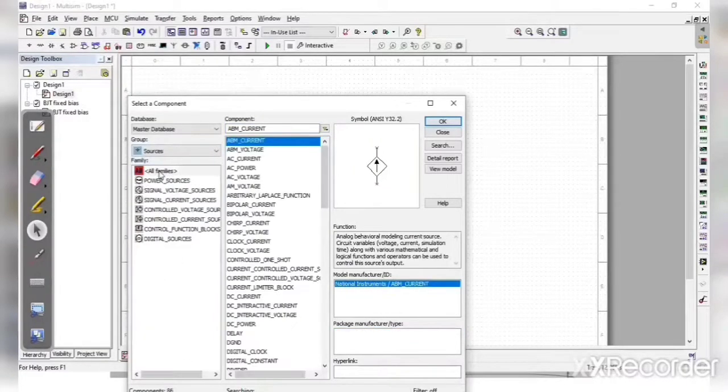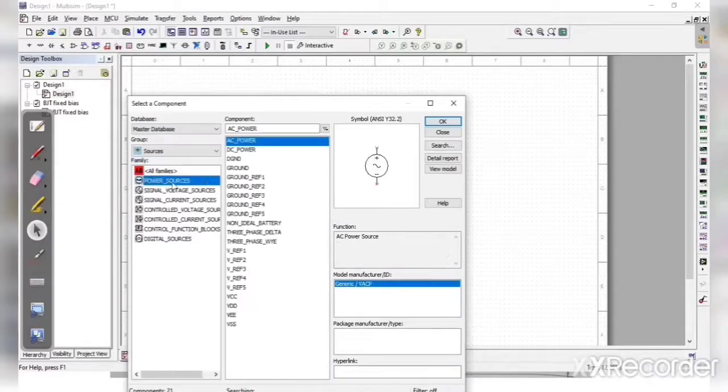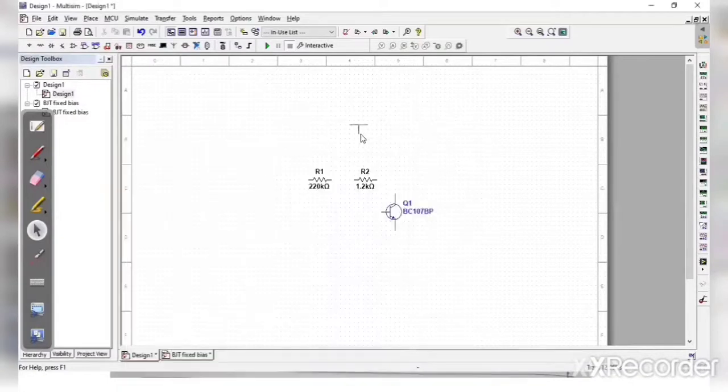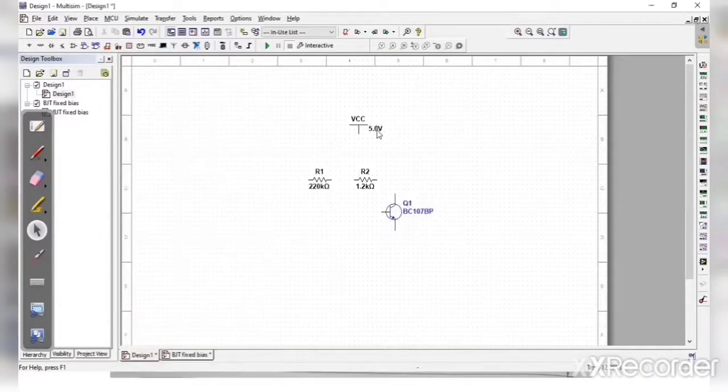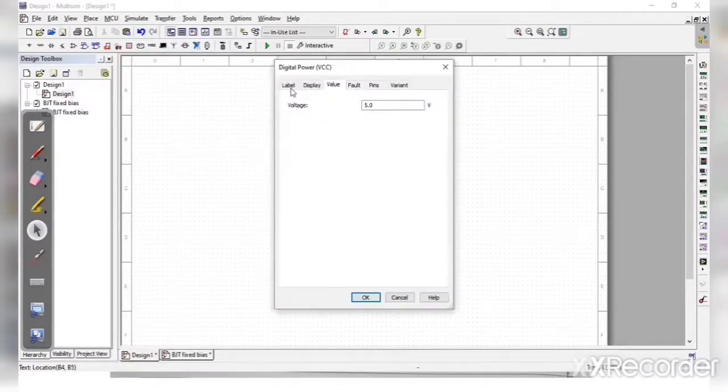For that, we go to Source and then Power supply. This VCC is 5 volt, but we want 10 volt. For that, we double click on it, then under Value we change the value to 10. Then click OK.